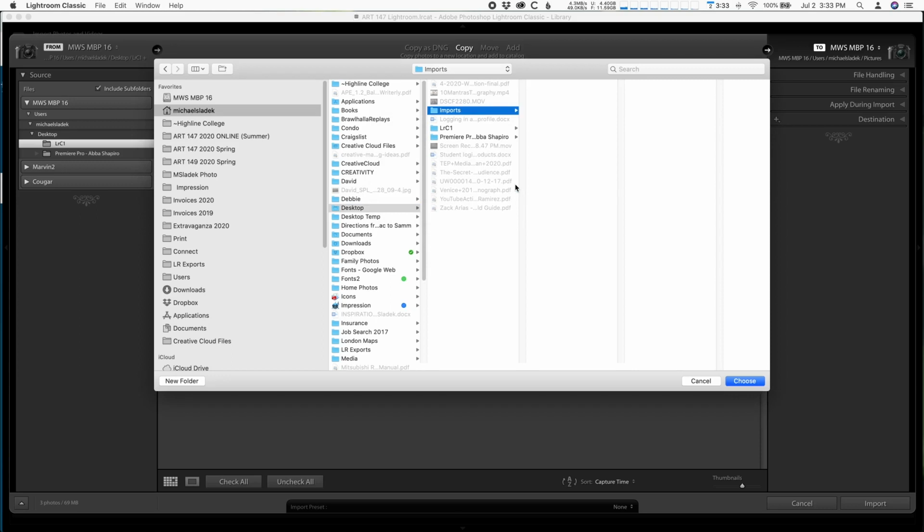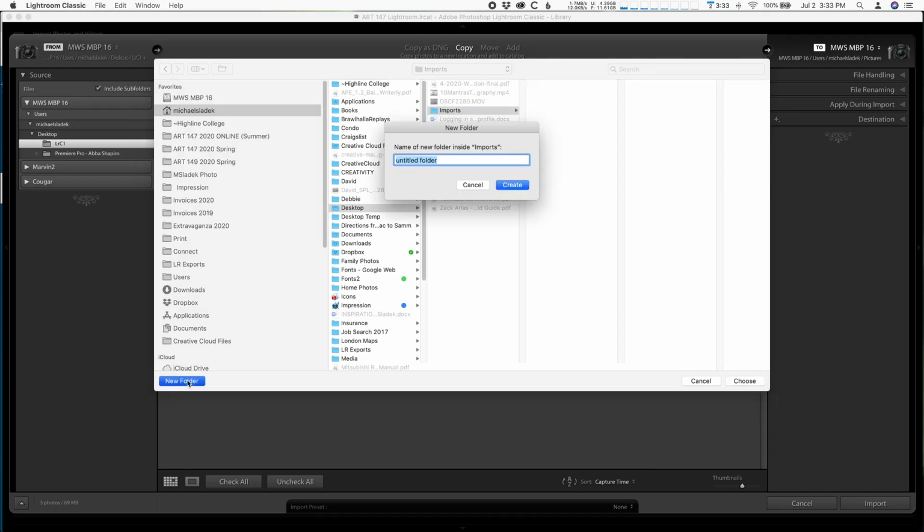So now I have that master top level folder, the parent, if you will. And then for each project from here on out, what I'm going to do is create a folder inside of that, which will hold an individual project. So I need to make a new folder inside of my imports. So I'm at my computer, and then I go to desktop, then I go to imports, and I'll make another new folder inside my imports, or whatever you called yours. And I'm going to call this